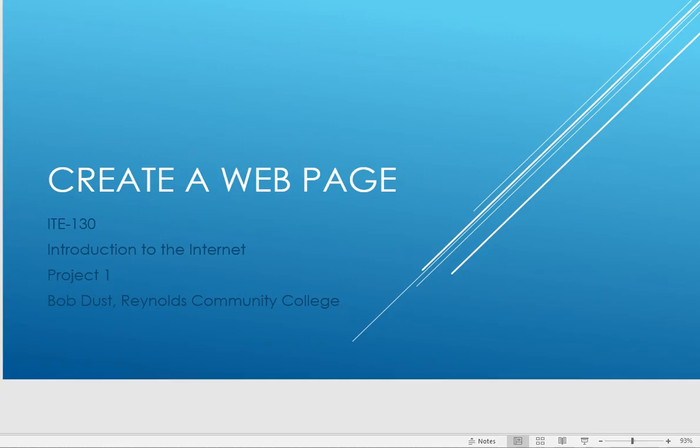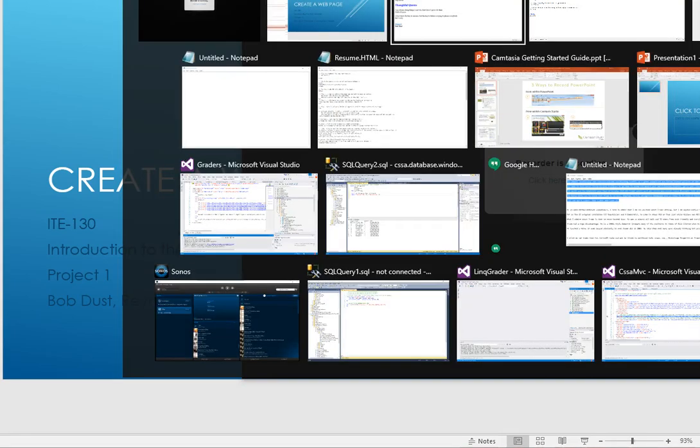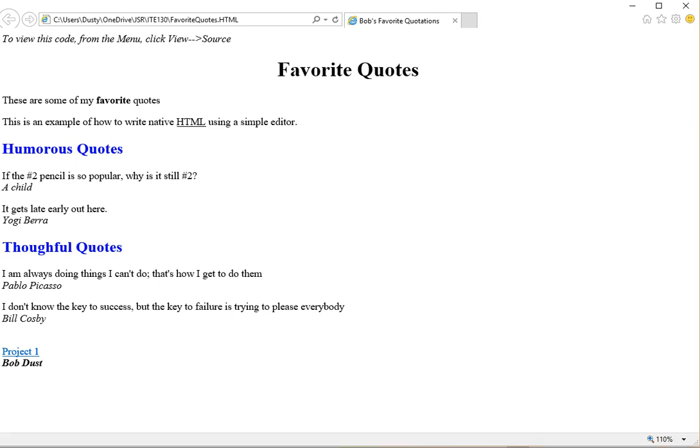Hello, today we're going to learn how to create a web page from scratch using Notepad. This will help us with Project 1 for our Introduction to the Internet course. To see what the page will look like, we'll flip over to the page. And we will produce one that looks similar to this that has favorite quotes. So to do that,